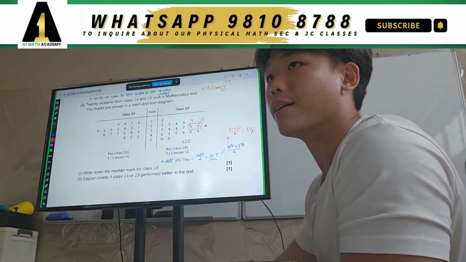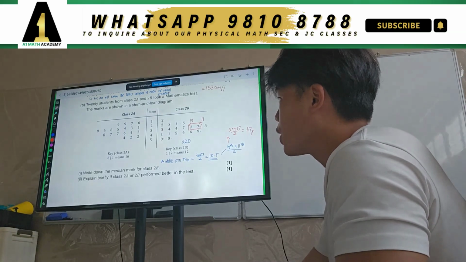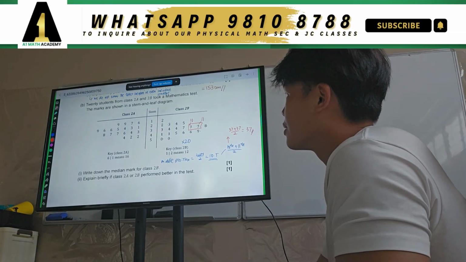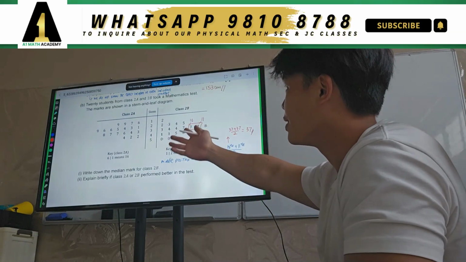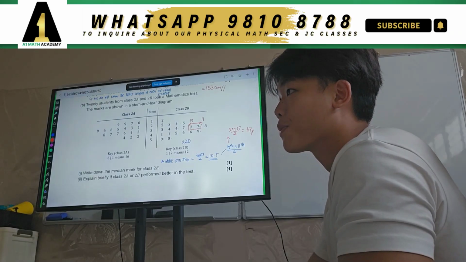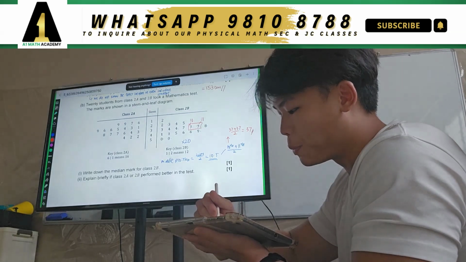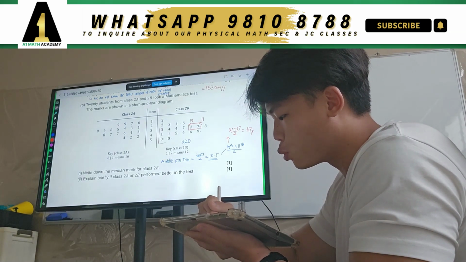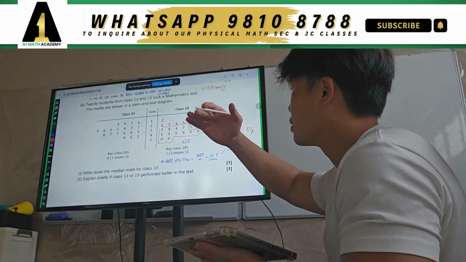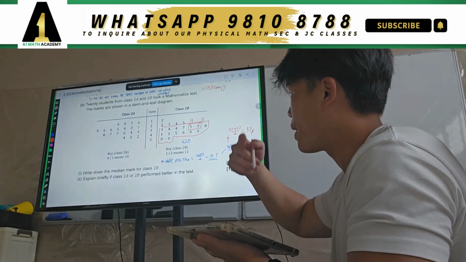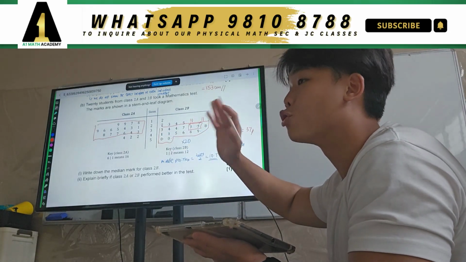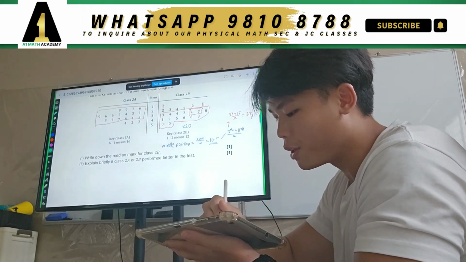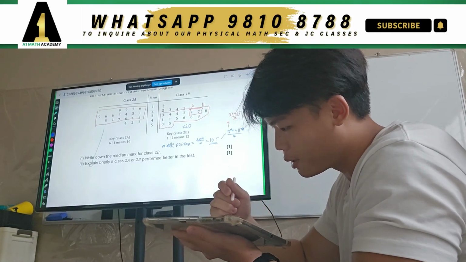Now how do we answer B(ii)? Without doing any other calculations, we can comment already, we don't need to calculate anything. One look at this, which class performed better? Class 2B. Why? Because you see that the 50 stem doesn't have any for the previous class, and the majority of students in 2B score 30 and above, right? But for the previous class, the majority of the students score 30 and below, right? The distribution. So for B(ii), you don't even need to calculate anything. You can just say the answer is class 2B